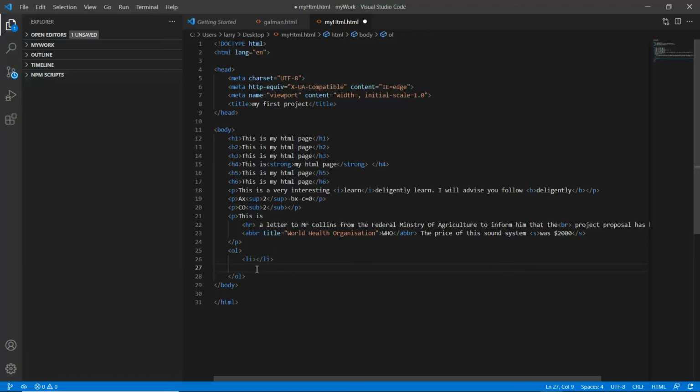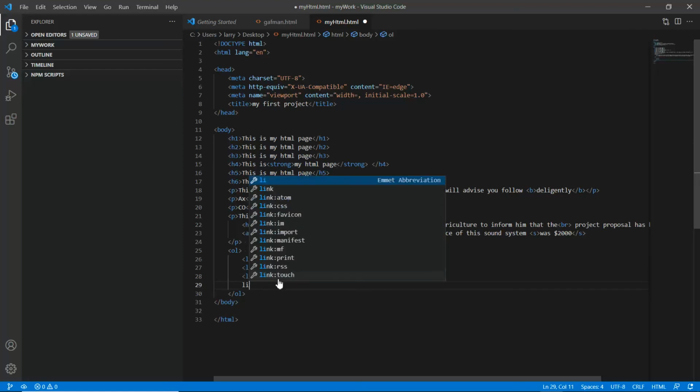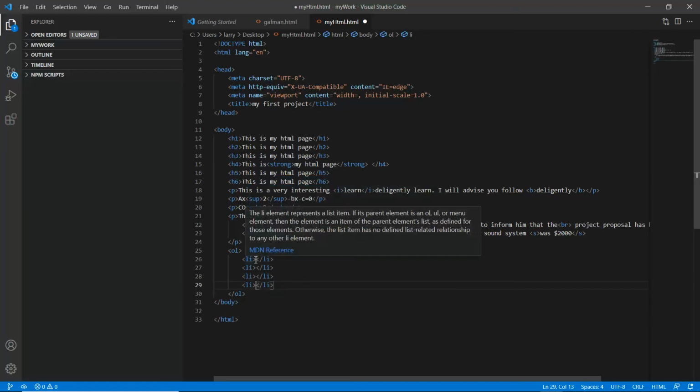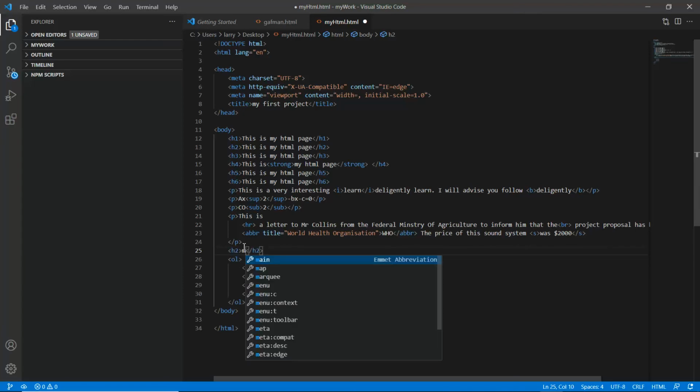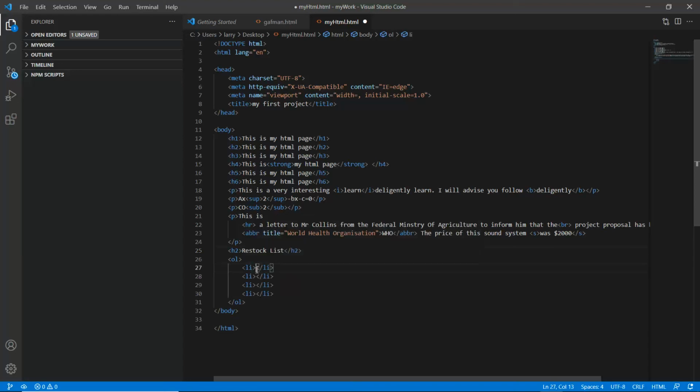So li, list item, let's say another list item and another list item. So let's just put, okay, let me put a paragraph here. Okay, header, let me use a header 2. Restock. Let's say restock. What you want to restock in your store? Restock list. In order of preference, let's say